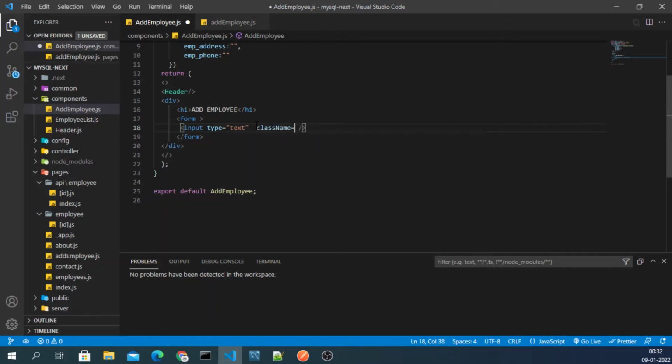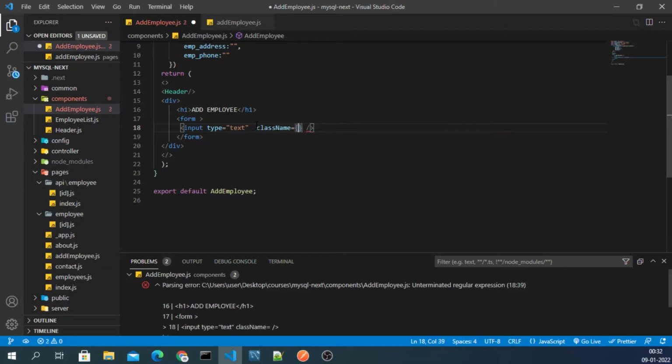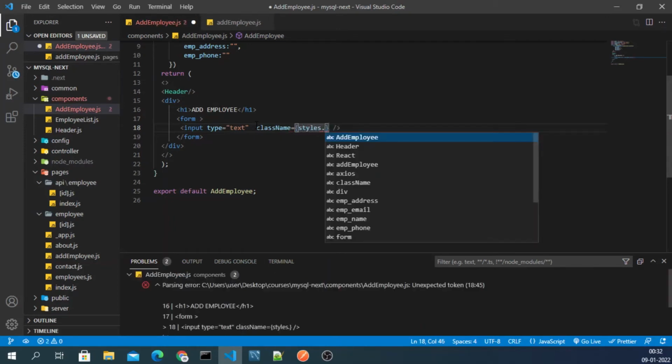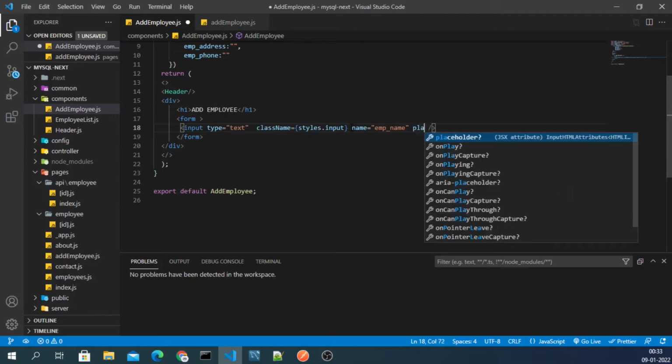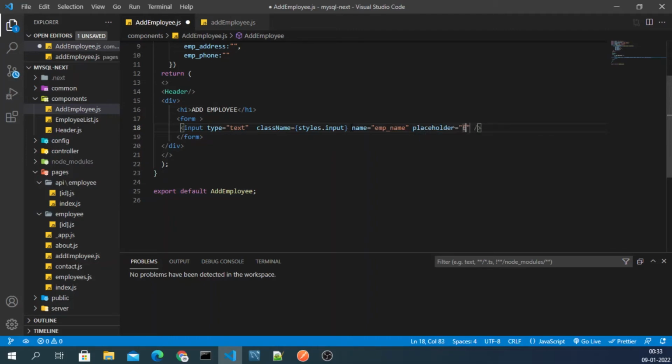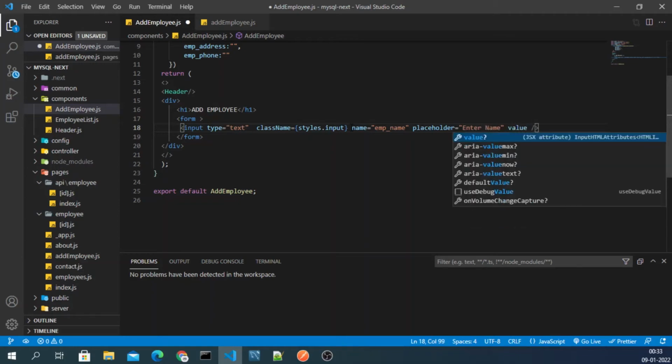First I'm going to give class name, and that will be style dot input, and the next field will be name, which is very important, guys. And the next field will be placeholder, enter name, and the next thing will be a value.